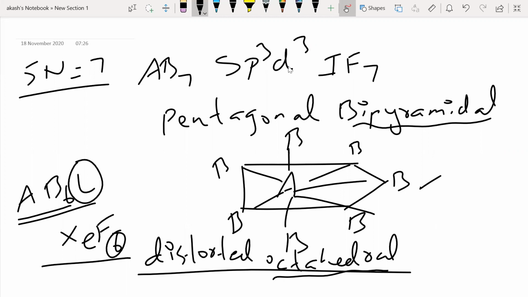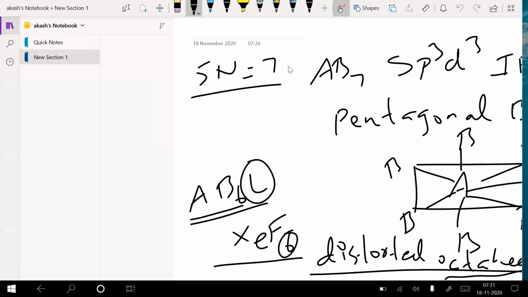Is that cool? Yes, sir. Fine. So that's it. We have completed your VSEPR and theory of hybridization. Now that you know the shapes and geometries and where to place the lone pairs and all those things, now we can actually look into a physical phenomenon